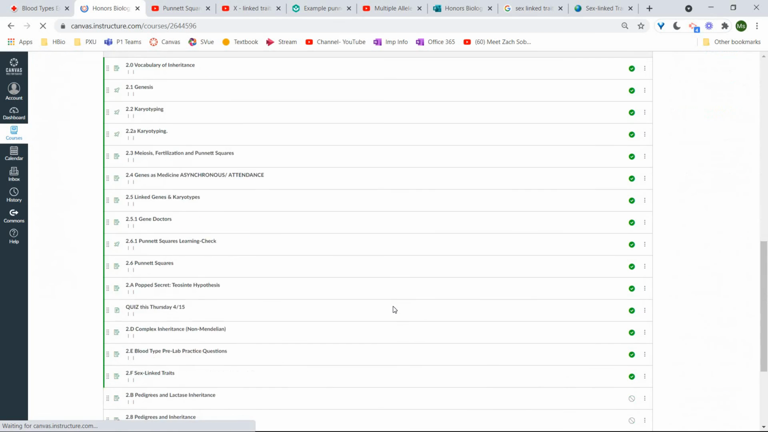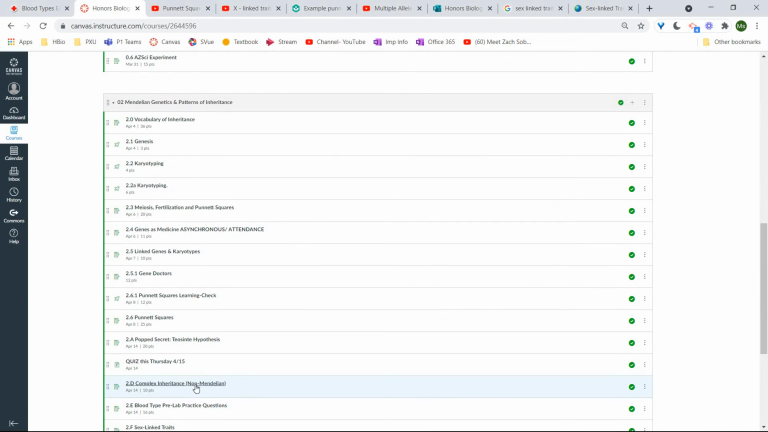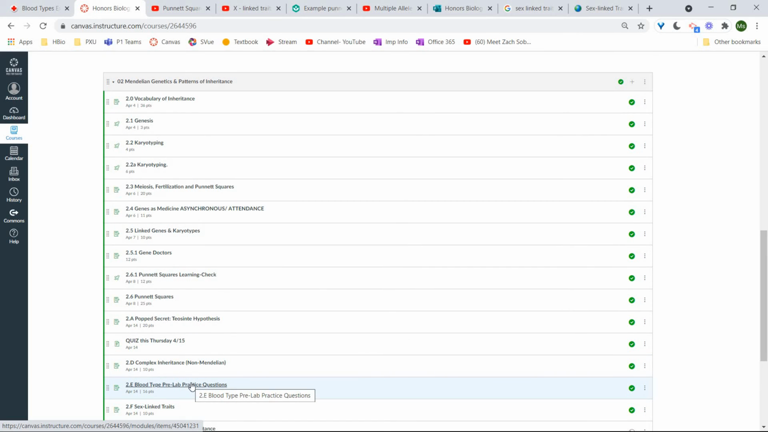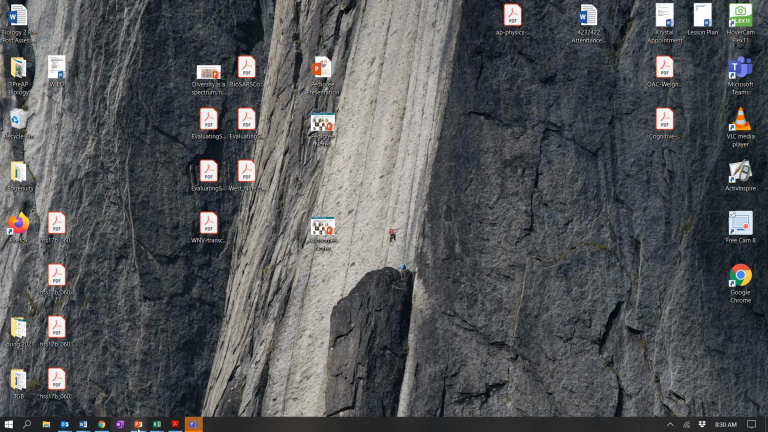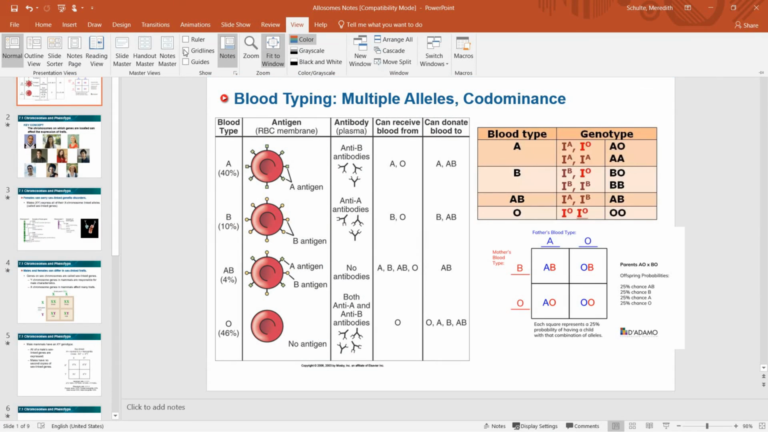With those assignments, the complex inheritance 1 to D, you should be pretty set to go, just incomplete codominance. For the blood type one, I'm going to review blood type with you real quick, and then we're going to look at sex-linked traits. So blood typing right here,